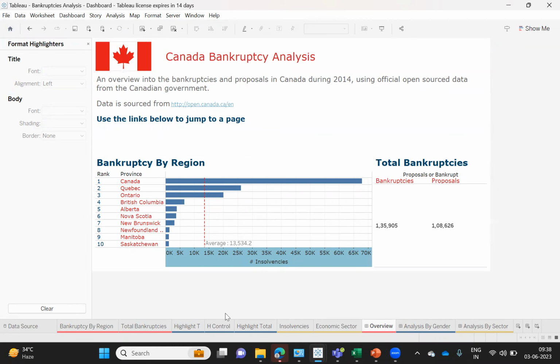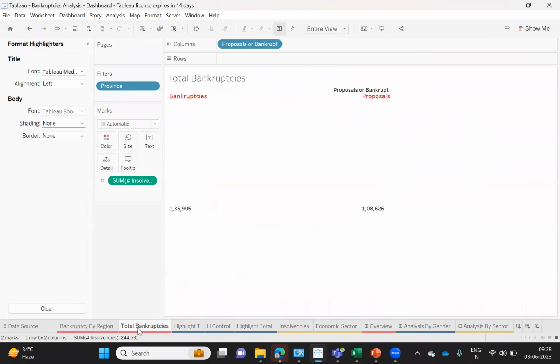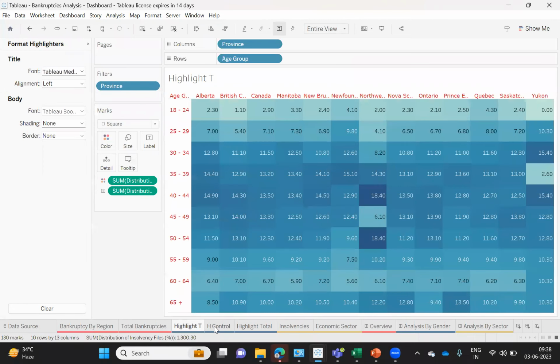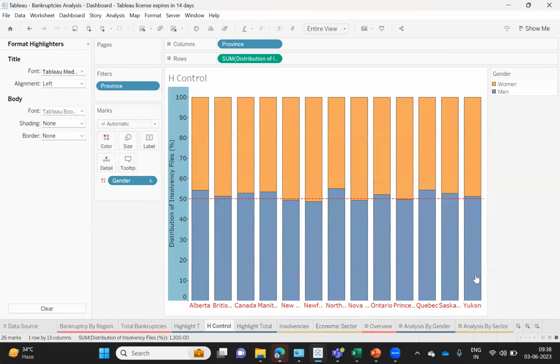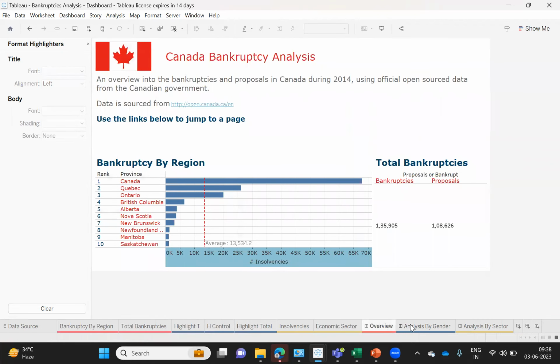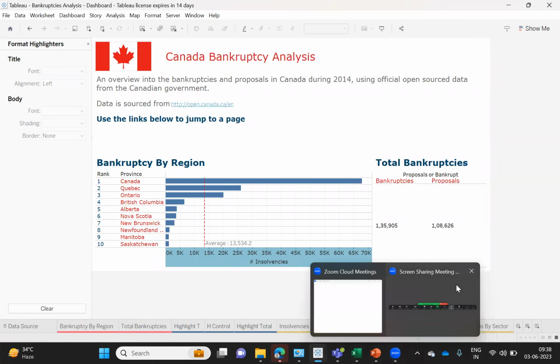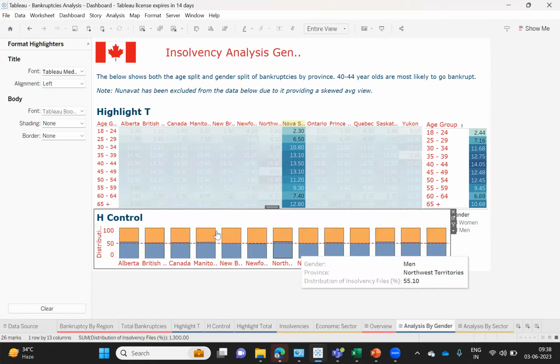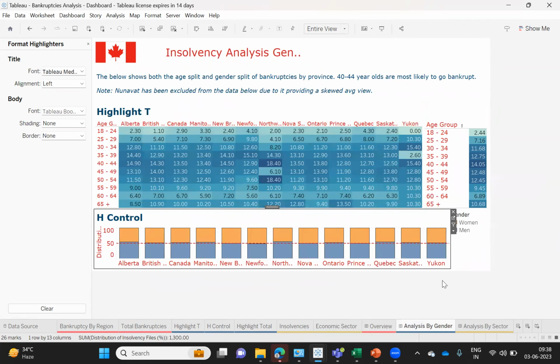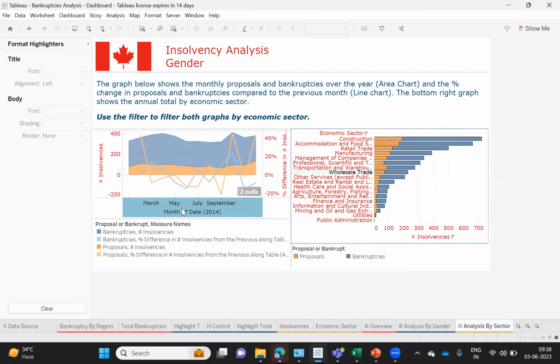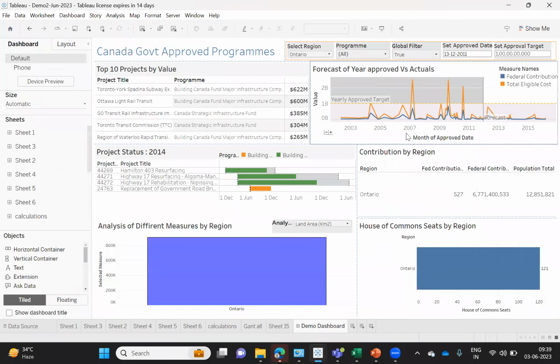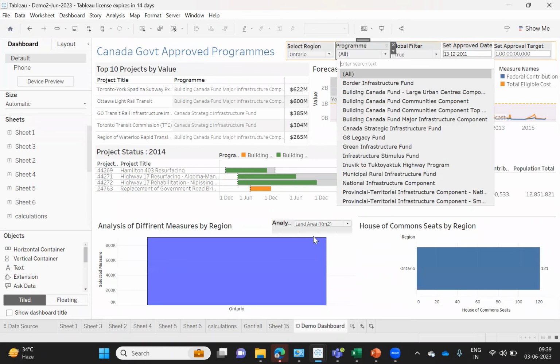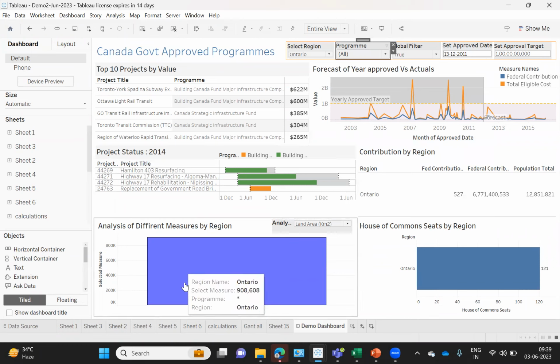We'll create the worksheets, then the dashboards, as part of the class assignments and hands-on. We'll create this interactivity, the parameters, and the filters, all during this course.